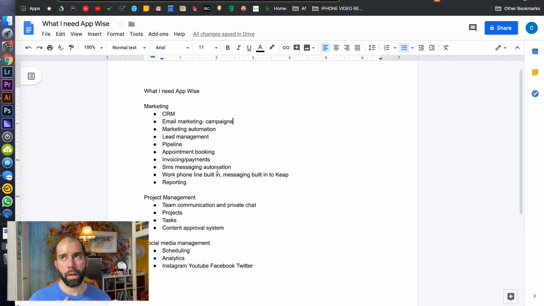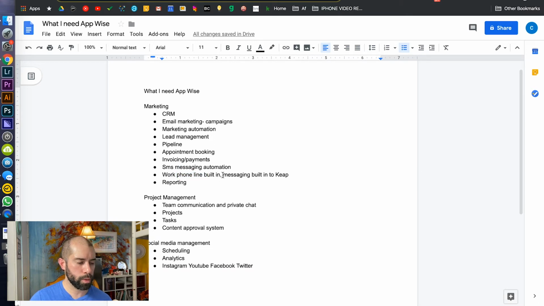Well, Keap is not automatic text messages, I don't think, but you can send text messages to your clients. So it's not a big deal if it doesn't have that. It's nice that Keap has it. I would still probably have to get a separate text messaging marketing app to send actual text messages for marketing purposes, which I'll probably do sometime in the future because that's just another way to contact and market to people. But that's not something it needs to have necessarily. It would be nice though.